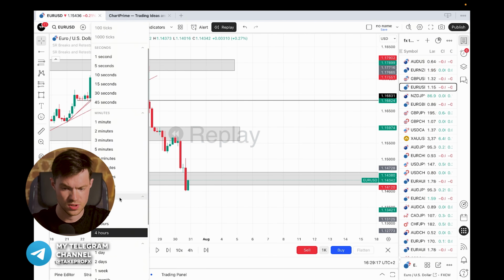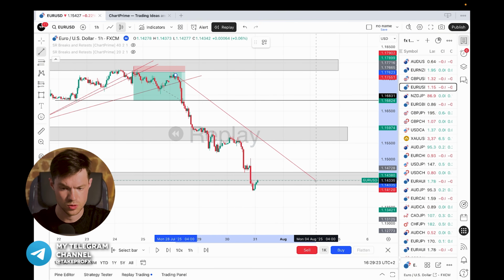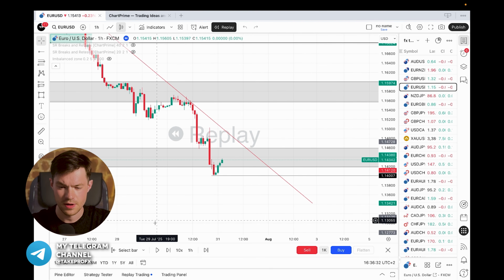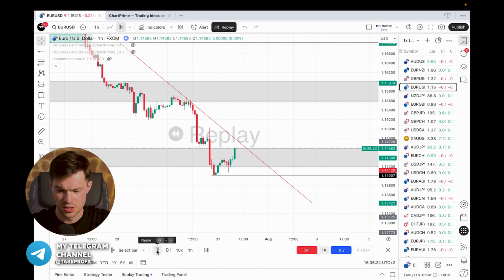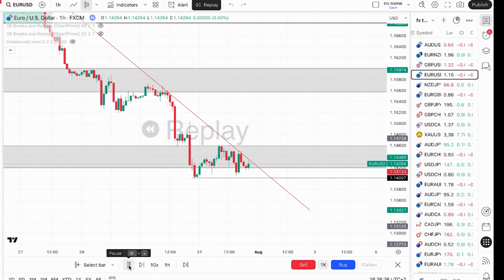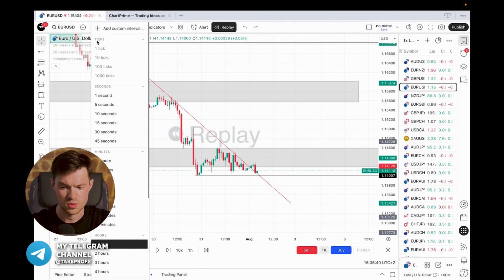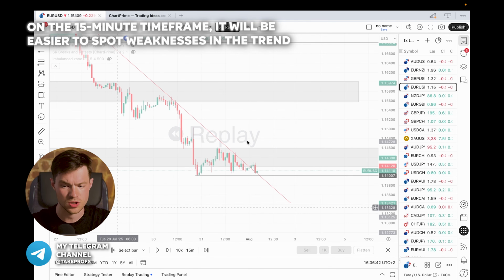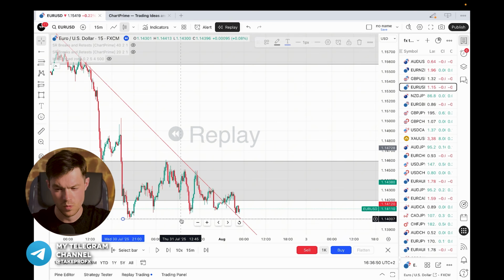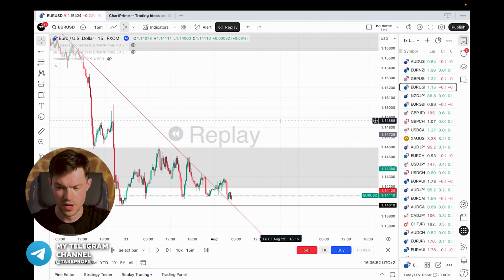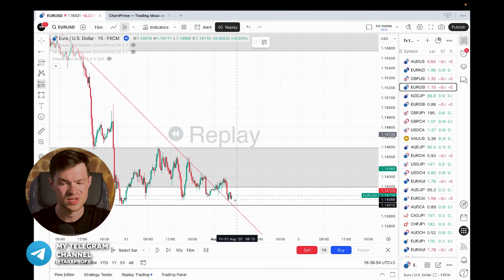So I'm switching to the hourly time frame. We'll try to draw some trend lines here. Let's see if there are any interactions between the chart and the trend line. Right now we see a breakout and a retest, so I will switch to the 15-minute time frame in order to look at this situation in more detail. We have a minimum for which we are likely to put stop loss, but we need to put a take